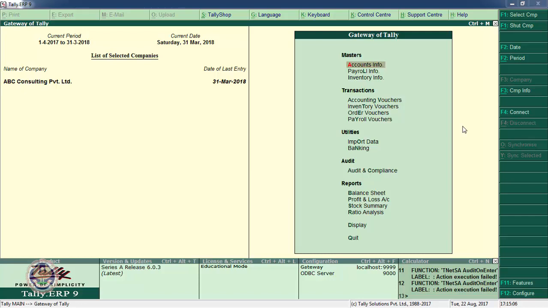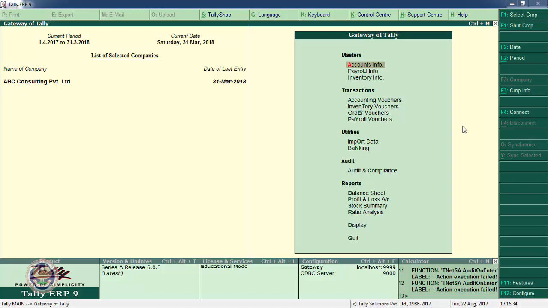He just records the transaction and he is not concerned about reporting. Then there is the accountant, a senior person who is recording transactions as well as modifying them to some extent. There is one level up, another level that is called the manager, and there is one more level that is called CFO, CEO, etc. So different levels of users are there and access is to be given to different users according to their levels.